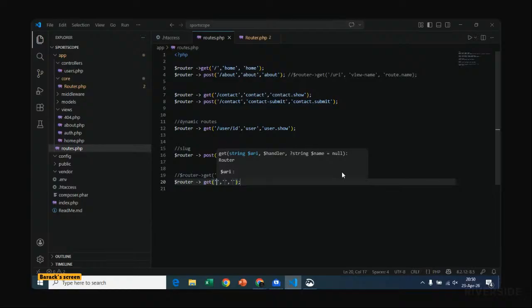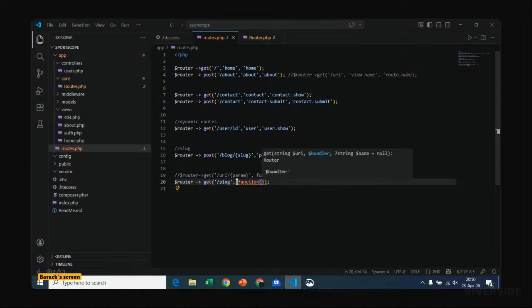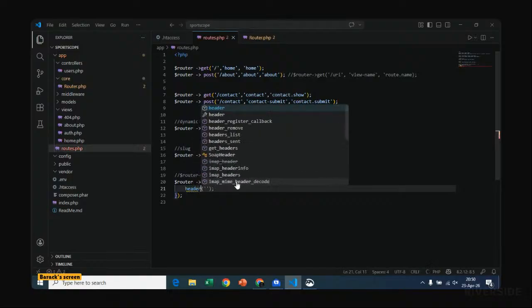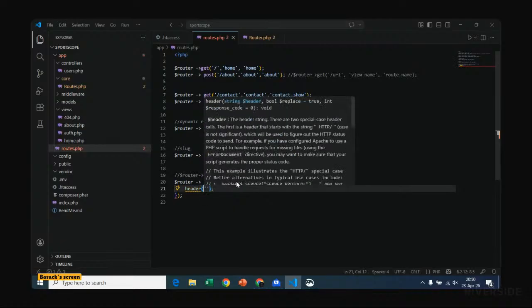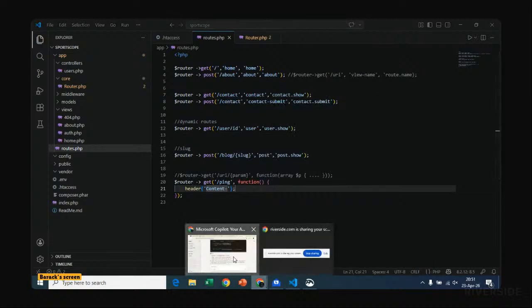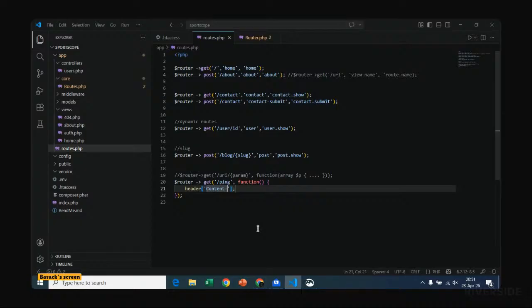So we can create a route to get anything like maybe ping, for example, and instead of creating these other two just like earlier, we just say function, and in this function, which has no parameter, we can get to do this, and then we say, let the header, okay, so we can say the content type.